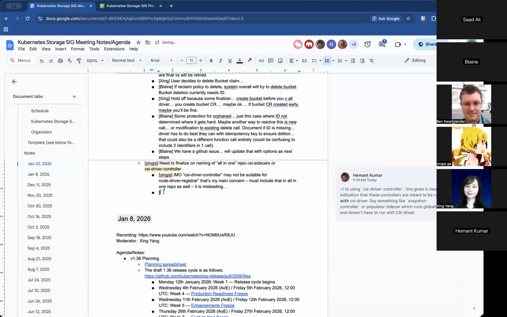Why did we integrate the node driver registrar in that? That has to run separately. That doesn't seem right. That's another question.